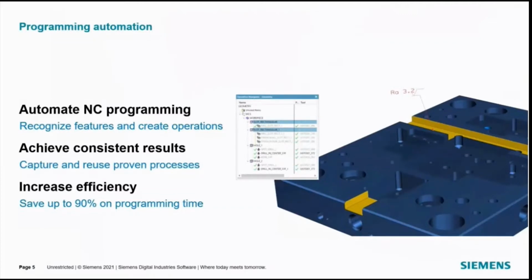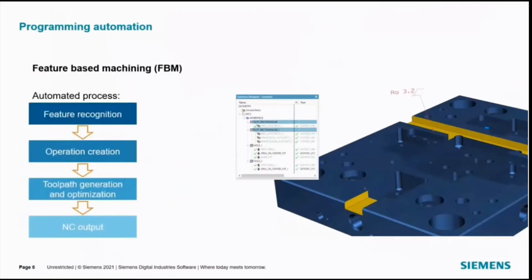To pick the holes manually and program them is tedious, and it takes a long time. With feature-based machining, you can cut the programming time down dramatically. It gives you the ability to not only go faster, but to get consistent results because you reuse the same proven processes time and time again. You can also teach the system to recognize special features and to assign your special machining methods to those. So when you need to program a similar job, NX will apply the preferred machining methods automatically.